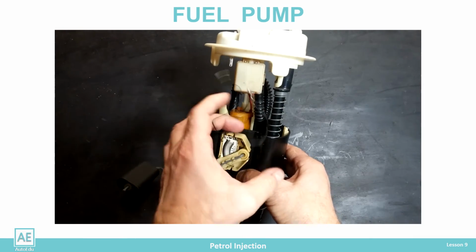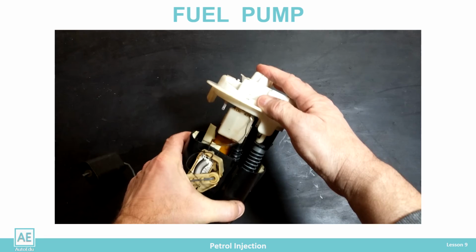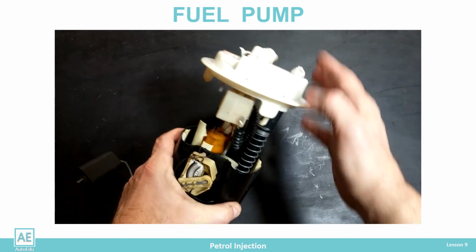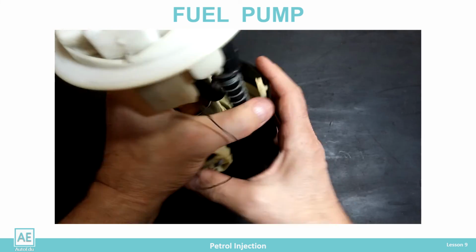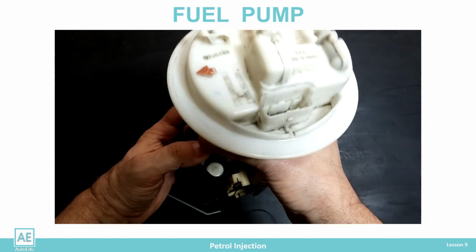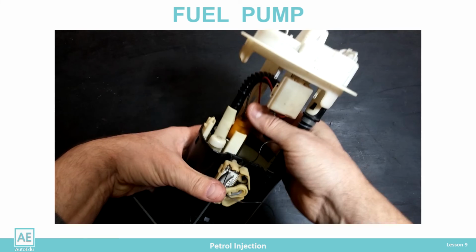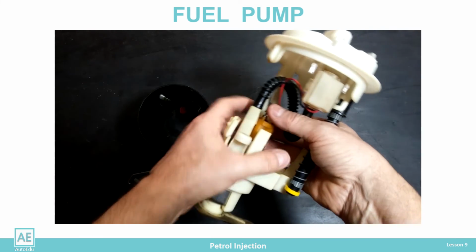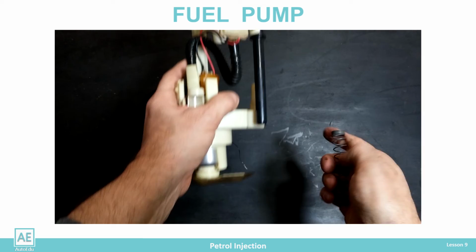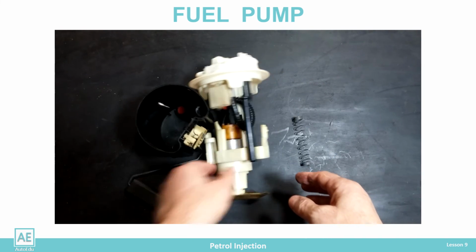Modern vehicles have a pump module that is inside the fuel tank. In addition to the pump, the module also contains a fuel level sensor. The module consists of a vortex bowl that provides the pump with constant access to fuel and does not depend on rocking during cornering. At the bottom, there is a valve that lets fuel from the tank into the container and prevents it from escaping.